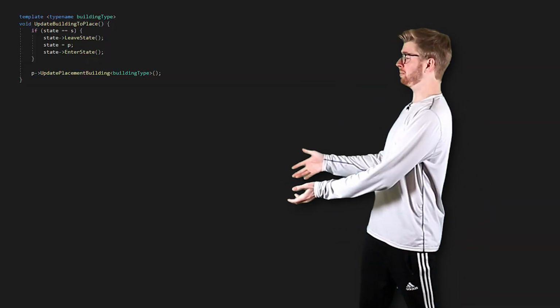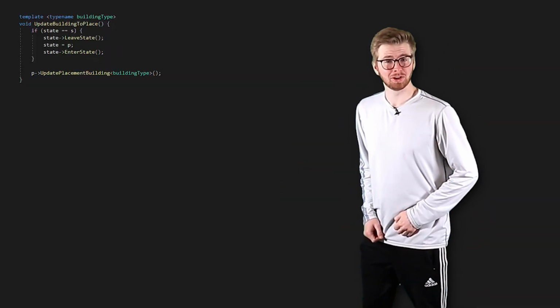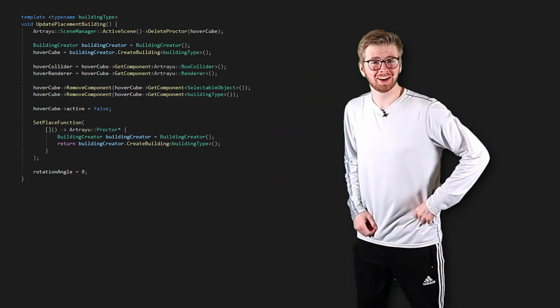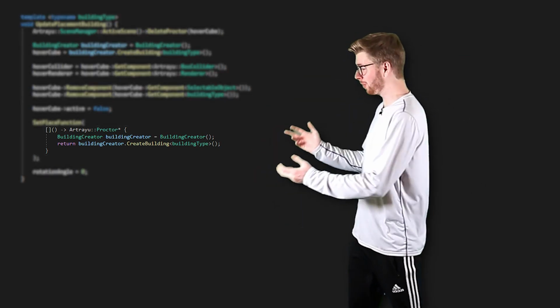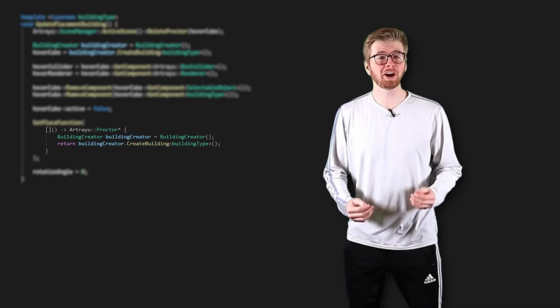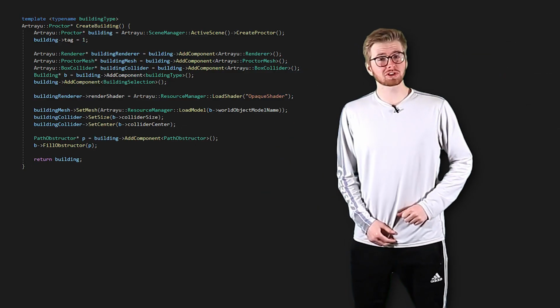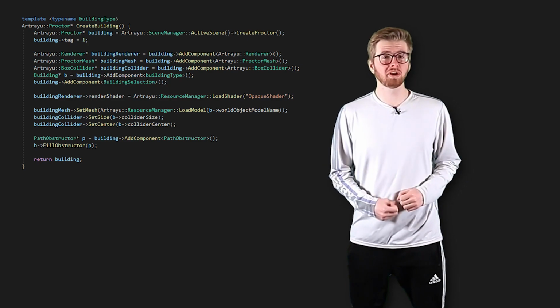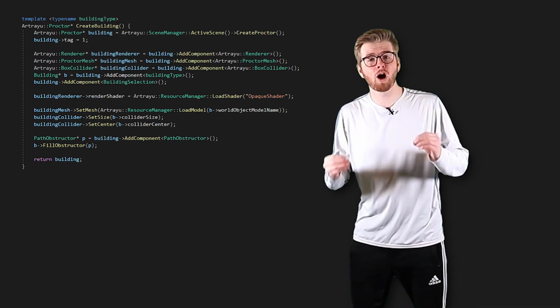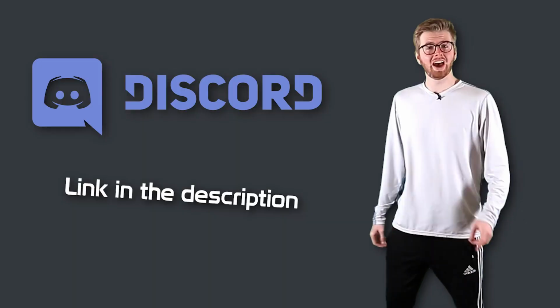So to fix this, I had to commit some serious C++ blasphemy. I used a template function that passes into, you guessed it, another template function that passes into a beautiful lambda function that calls the final template function, which if that confused you at all, don't worry, it confuses me too. It's awful. But if you're sat there like this guy, who is my resident C++ expert, sup baby cakes, and you know everything about the language, then I would love to hear a better solution, and the best place for